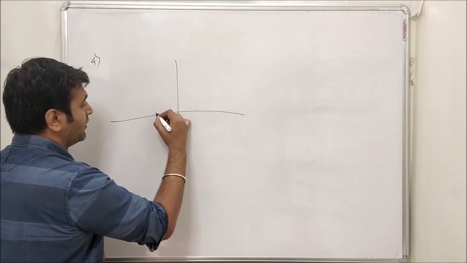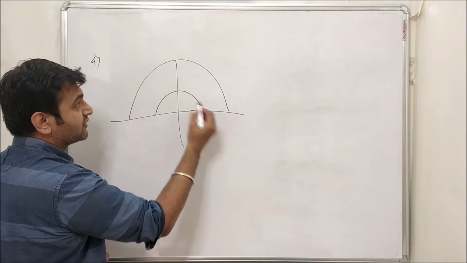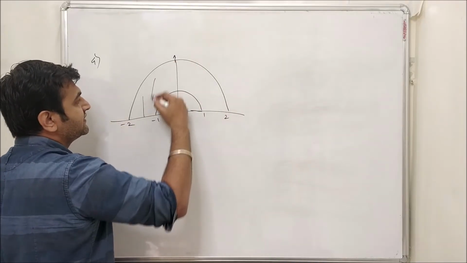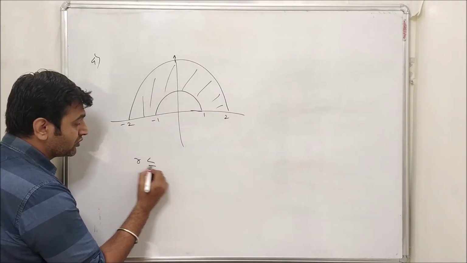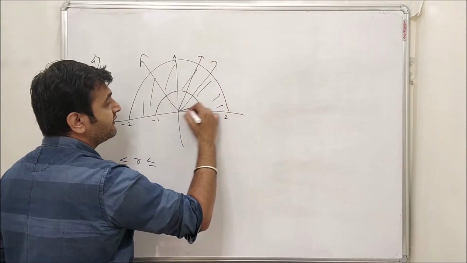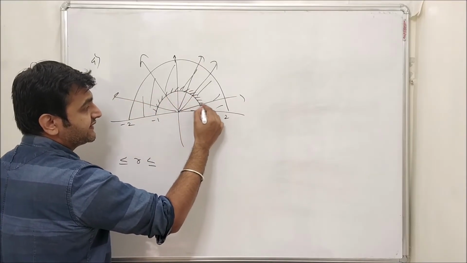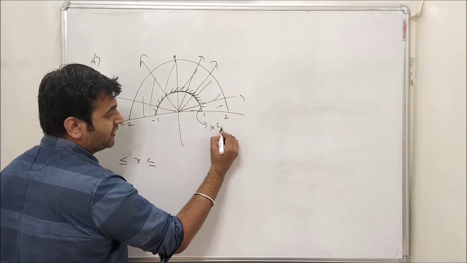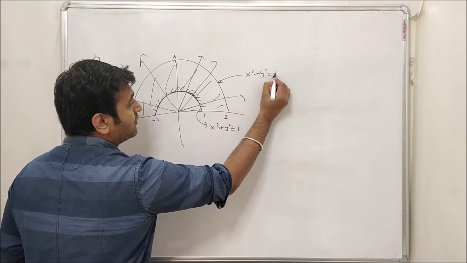Suppose you have one arc over here, or part of a circle, and this is another part of the circle. Okay, suppose this is from -1 to 1, this is from -2 to 2, and this is the region you have. You want to find the limits of r and theta. So for r, you draw the radial lines. You see from where it is starting and from where it is leaving the domain. It is starting from here, and all these points are nothing but the equation of a circle. What is this? x square plus y square equal to 1, and what is this? x square plus y square equal to 4.